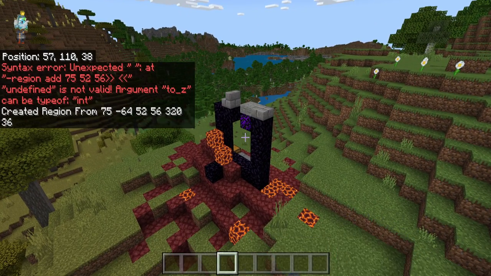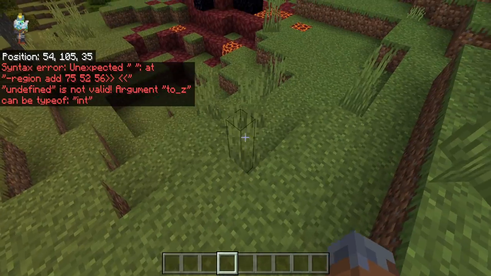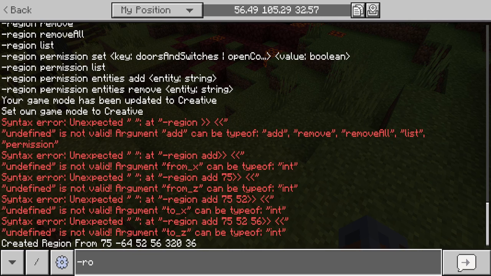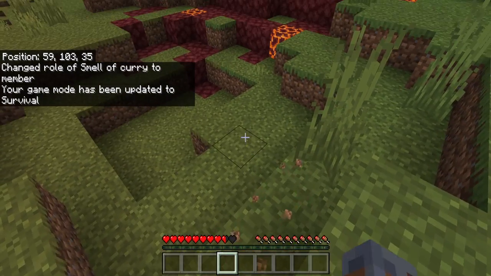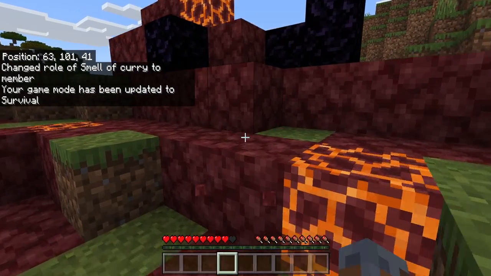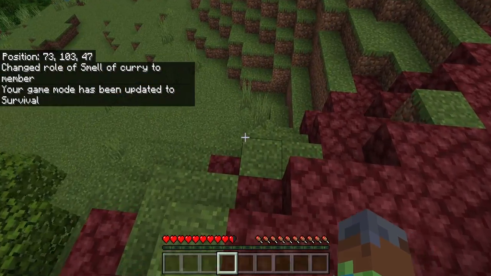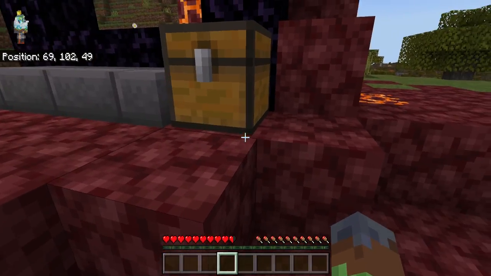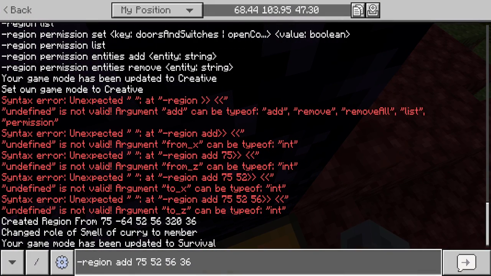So it's protecting from there all the way down, from here to all the way up. So what this basically does is if I do dash rank set Smelly Curry member, as you can see, I cannot break blocks or do anything in this region. So what that allows us to do is have protected regions from being able to do anything or breaking any blocks in the region. So right now I can open up chests, but if I go over into admin again,